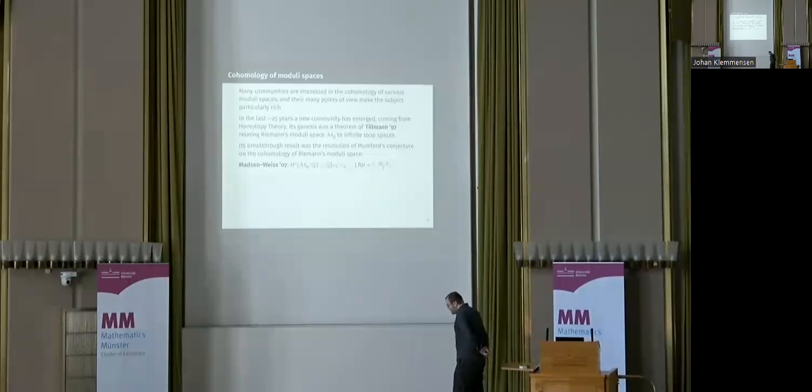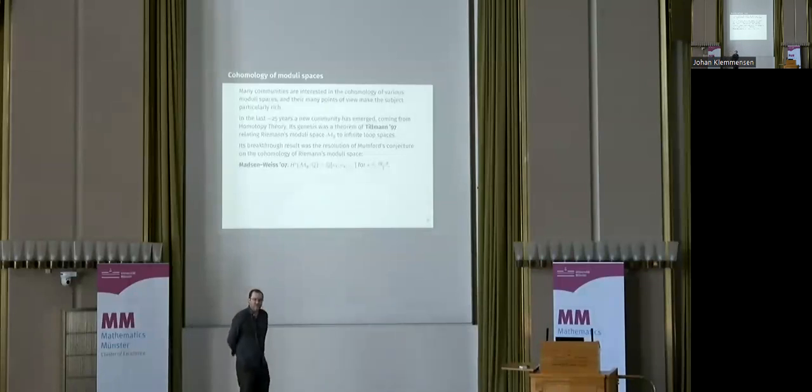And the breakthrough result in this subject about 20 years ago was by Ib Madsen and Michael Weiss, who's in the audience somewhere, which was a calculation of the cohomology of M_g completely in a range that diverges with g. And these days we know the range is exactly 2g minus 2 over 3. So that means if g is very large, then we know a tremendous amount of the cohomology of these moduli spaces.